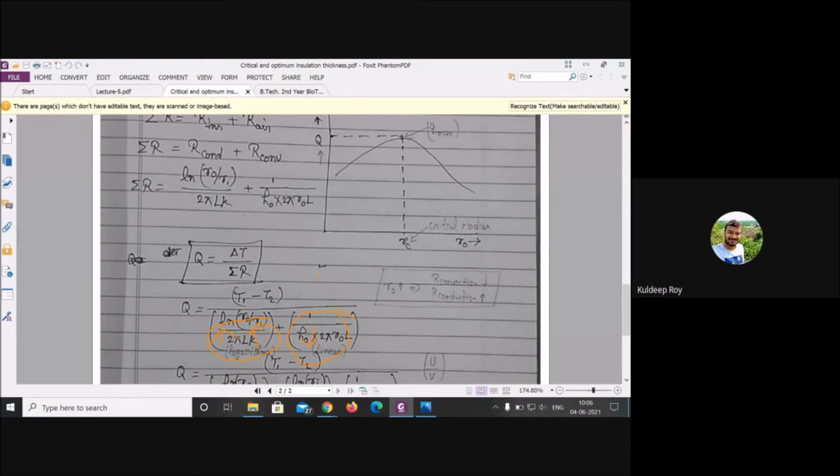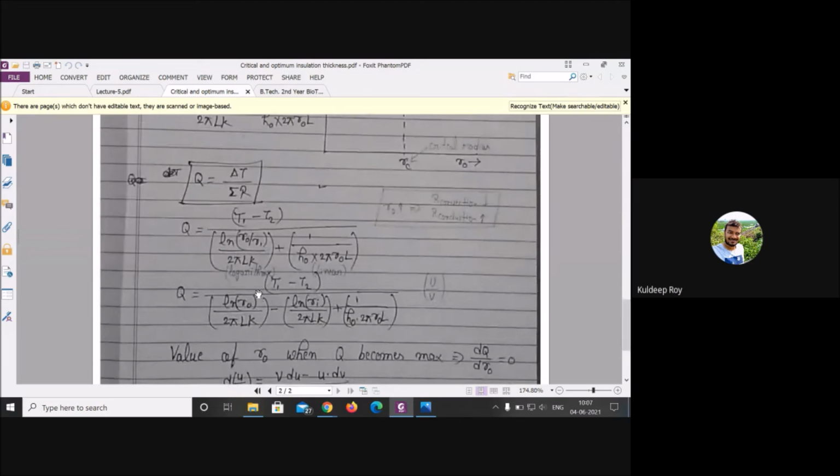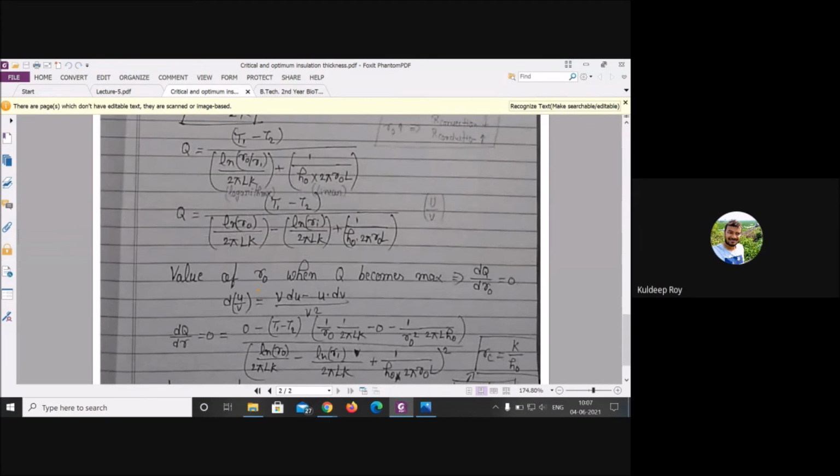This is very tedious as well, how you are claiming and how you will determine the critical thickness. When you increase the insulation, one value is increasing and the other value is decreasing. It is linearly decreasing, and this is logarithmically decreasing. Then you have to find the one junction of both where you get the maximum heat transfer. How will you approach? Just integrate this value. I think you know this formula, yes or no? How will you determine the maxima of a particular slope? Anyone please?